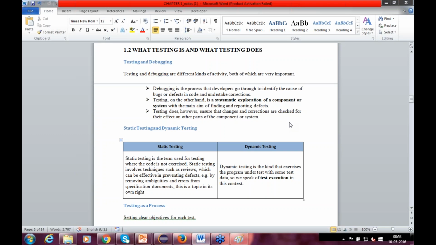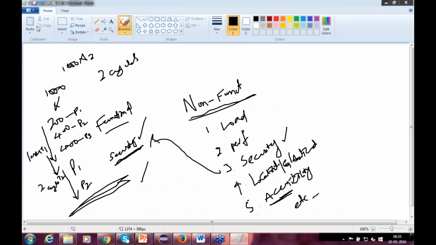So this is where technically we are starting day 3. What basically testing is and what it does. People try to confuse testing and debugging. There are 2 different terminologies, rather, 2 different activities. Debugging is a process that developers use or apply to identify the cause of bugs or defects in the code. For example, you test something